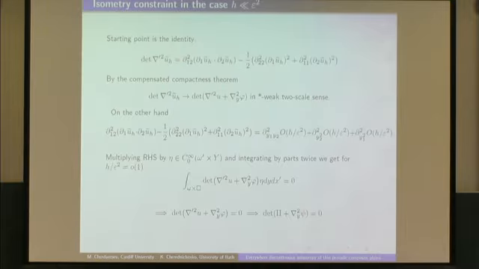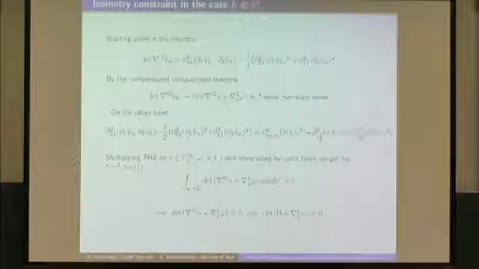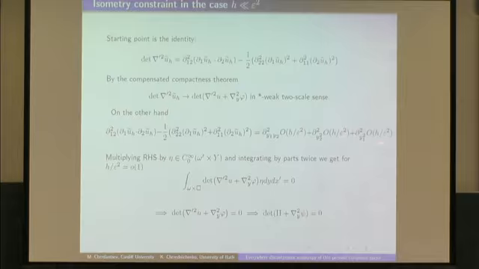So basically we started from considering this determinant of the second gradient of the modified surface. This is a right identity, and if we pass to the limit in the left-hand side, we can show by the compensated compactness theorem that it weak-star converges to this expression depending on the limit surface u, right? And if we look at the right-hand side, we can formally write it like this.